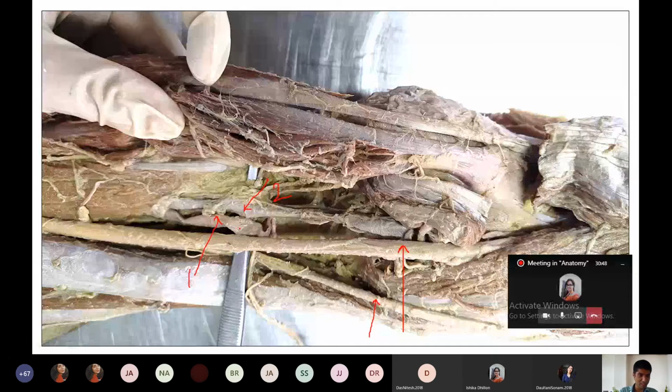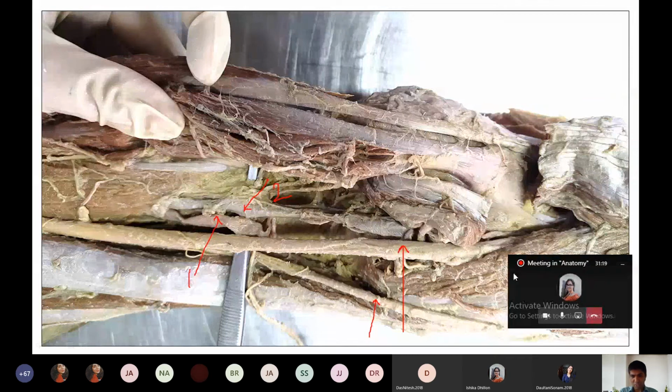Even though it is appearing white here, it's the vein. This is the popliteal vein. Do not confuse. And number two, even though it is appearing a little darker than this structure, this one is the artery. Here we can see the walls of this structure are collapsed, and here the lumen is intact. Or seeing the relations, you can also identify the structures. So this one is the popliteal vein, and this one is the popliteal artery.